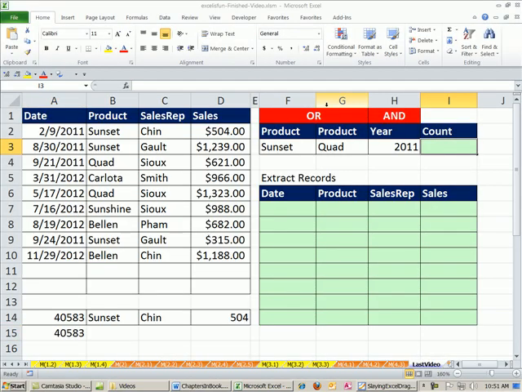All right, so what we're going to do with this setup here is we're going to use 2 formulas, one here for counting and one here for extracting records. And we want to be able to extract records based on certain criteria. Now, we've seen lots of ways to do this. Advanced filter was just awesome for extracting records. Same with the regular filter feature. In fact, that's probably the best way because it's the easiest,